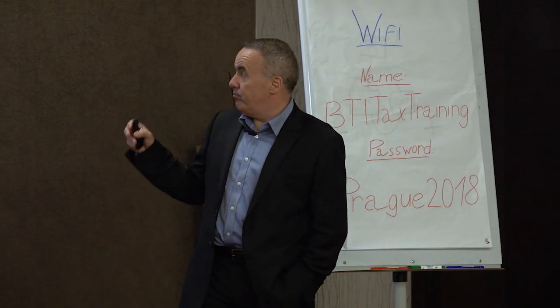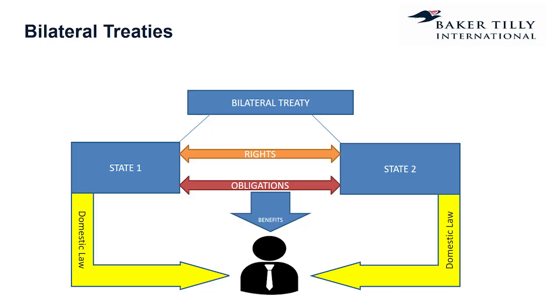And here's a little diagram sort of telling you what really is happening under a bilateral treaty. You could express this in lots of ways. Obviously, by implication, a bilateral treaty means that there are 2 states who are parties to it, and the treaty they enter into gives certain rights to both states. They can both do certain things under the treaty.